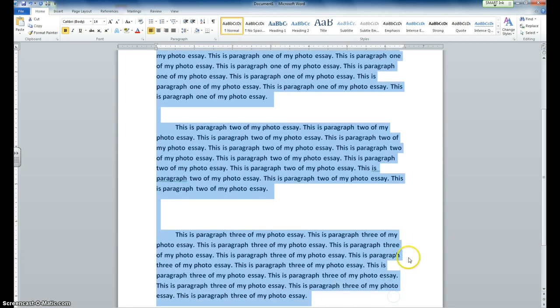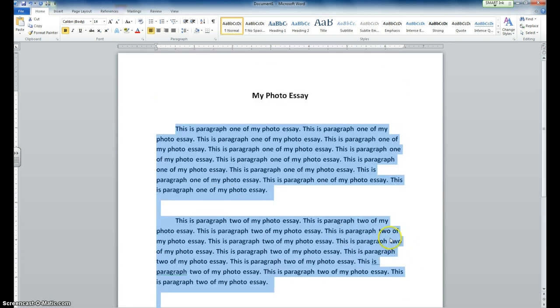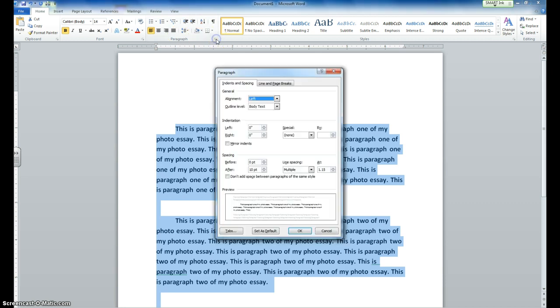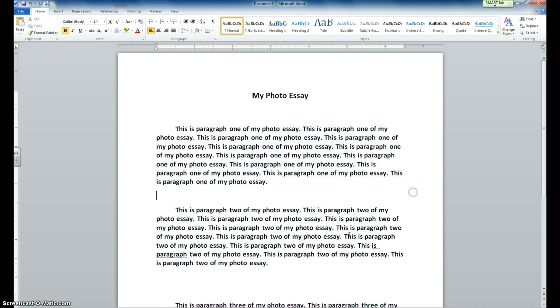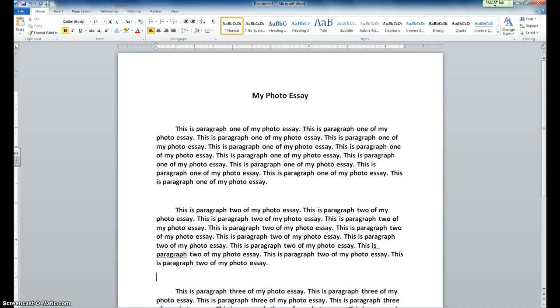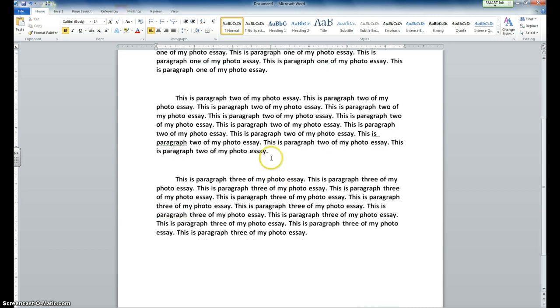spacing back to single because we don't want it to be double spaced on the final. So you'll select it all, go to paragraph, click the arrow, choose single, and your essay should go to single spaced. So once you've made all your changes, put it back to single spacing so your whole photo essay fits